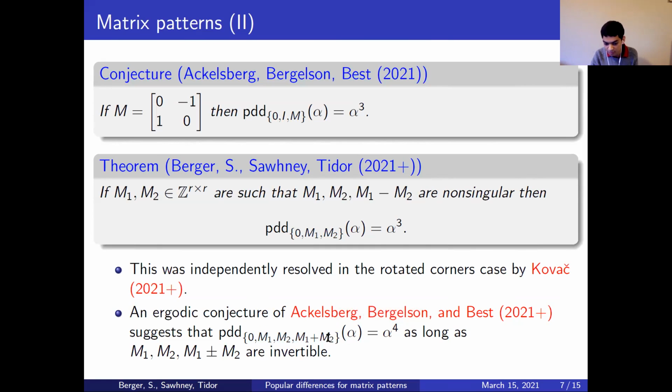So these are the matrices that they want to look at, these patterns, and based on this linear behavior, for example, for APs, Szemerédi's theorem, it's very plausible that you have this alpha to the fourth popular difference density. So what we show